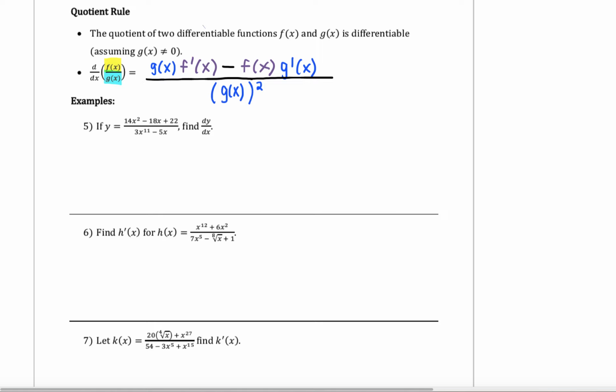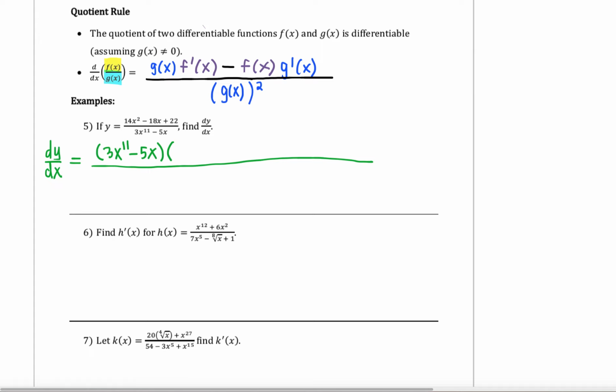So in our first example, we have the function 14x squared minus 18x plus 22, all over 3x to the 11th minus 5x. And we want to find the derivative of this. I'm going to start my derivative way over here just to make sure I have enough space. So I'm finding dy over dx. Now the quotient rule already deals with the fraction, so I'm just going to write the gigantic fraction bar that we're going to need. We now start with the original denominator, that would be g of x. So I have 3x to the 11th minus 5x, which I'm just going to rewrite, times